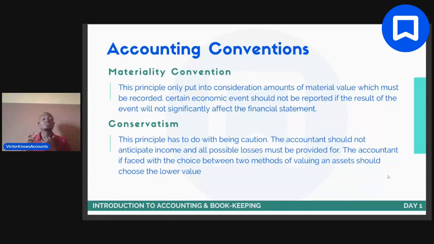So on to the next one. The next convention that we'll be talking about here is the conservatism convention. That might sound very big to you, but it's just English. The common name for conservatism is prudency. Prudency convention. Just like the word sounds, prudency convention is telling you that as an accountant you should be prudent, you should be cautious. Now, what does being prudent mean? You can check out the dictionary meaning.